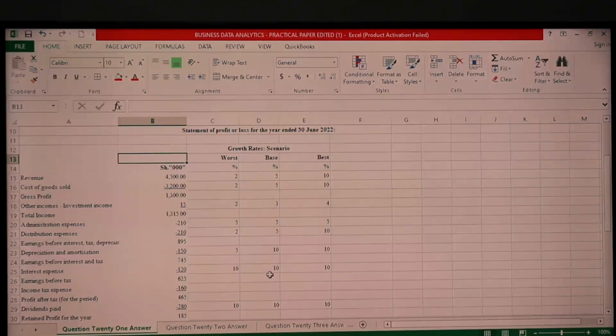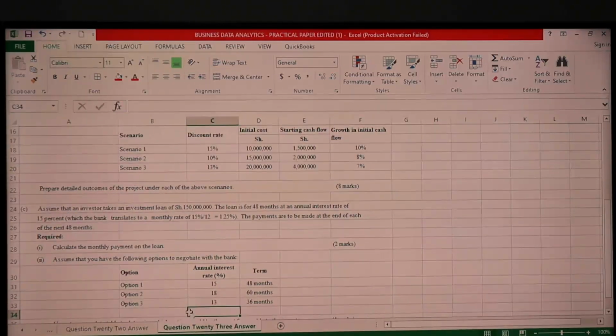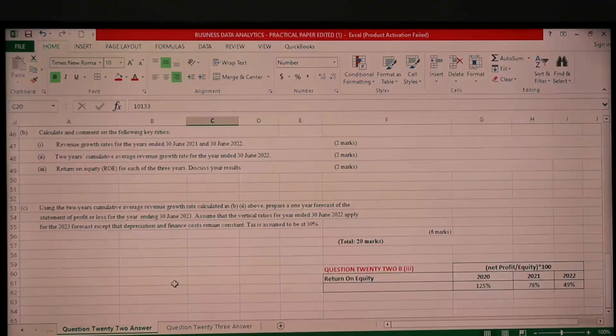So please go and attempt those questions. Even 23, you can attempt the question again. Just attempt several times. So that will mark the end of that question. Everybody, in our next,